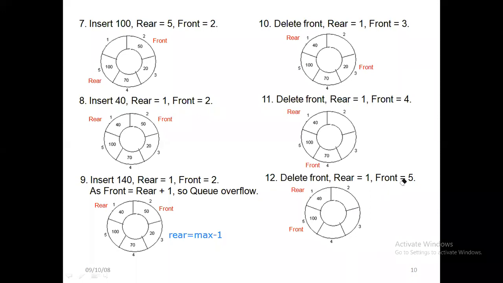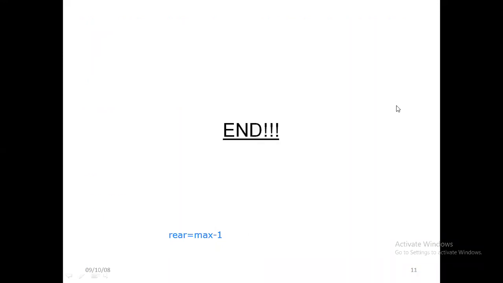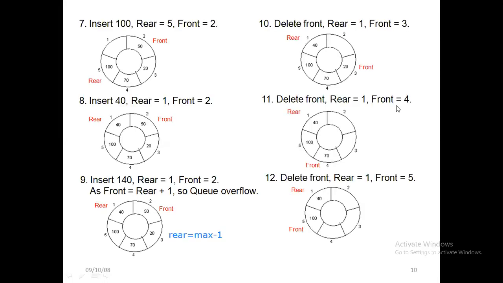See, if front is equal to 5, next one which I will be deleting is 40. So after front is equal to 5, the next step, 13th step, front is equal to 1. It will become 1. Okay. So that's the thing. Here also you can see, after rear is equal to 5, rear becomes 1. At the same point, after front is equal to 5, it will become front is equal to 1 in the next step. So that you have to understand. That is the main thing. That's the main possibility we are having in circular queue.